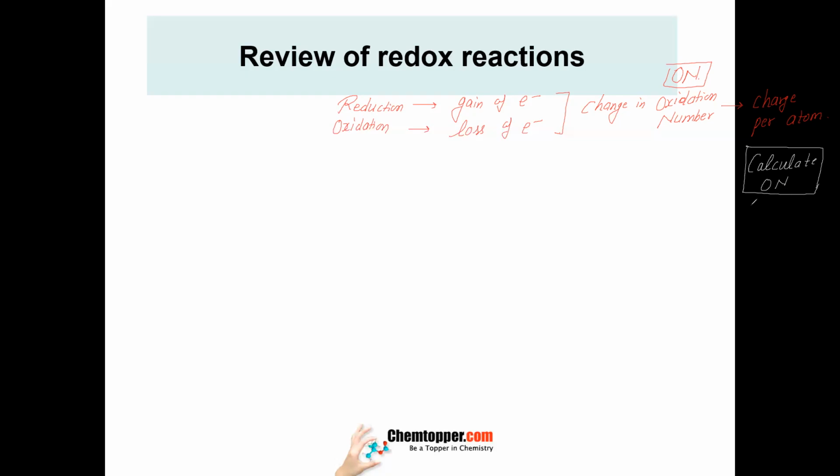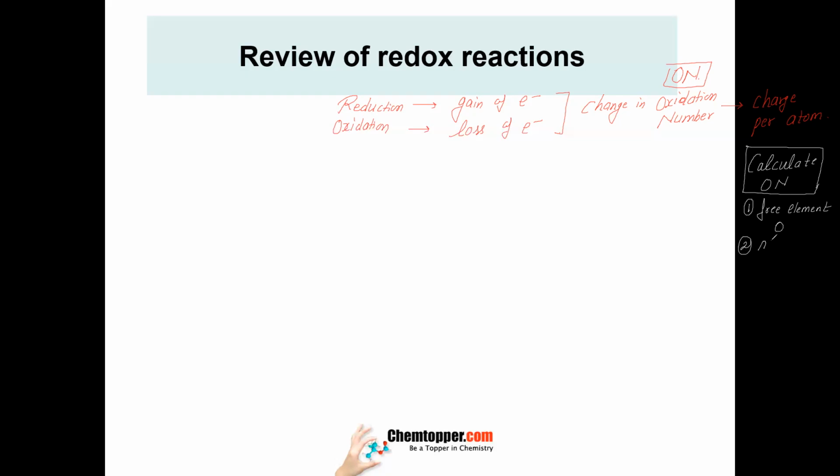Rule number 1. If it is free element, what's the oxidation number? Last year, anyone doing review of unit 4? Free element. What's the oxidation number of the element if it is in the pure elemental form? Yes, Kiki, very good. 0. Second,